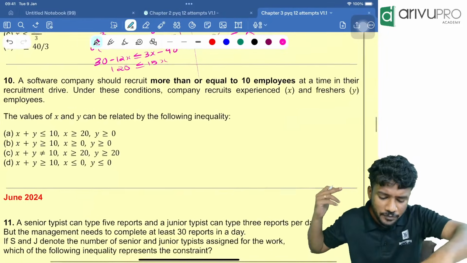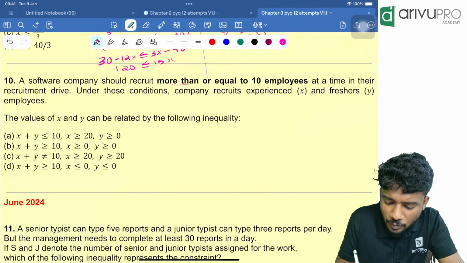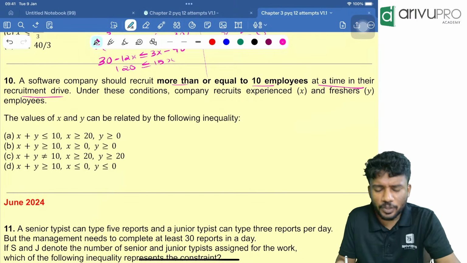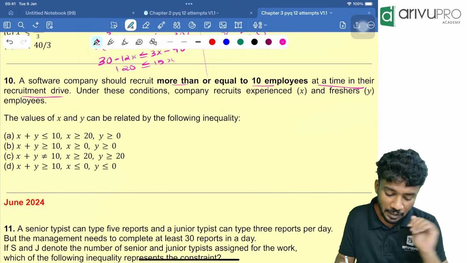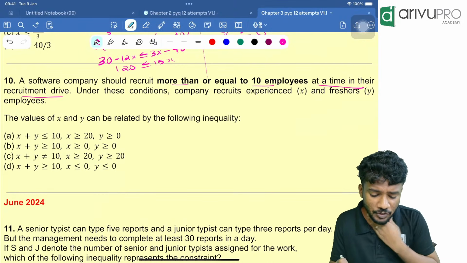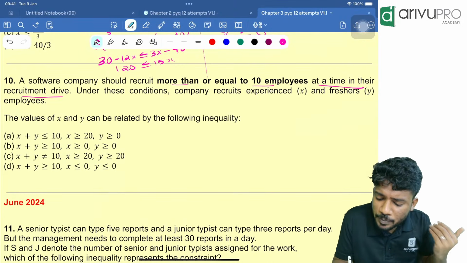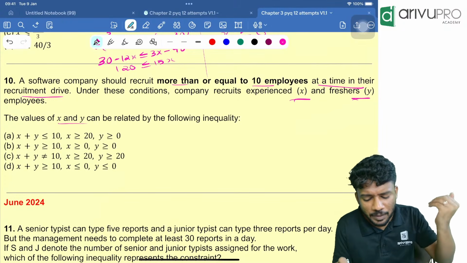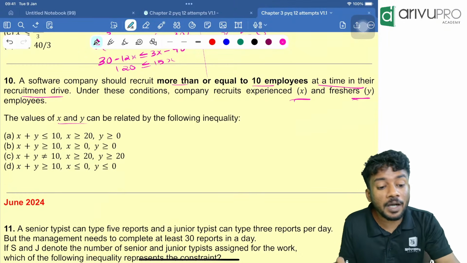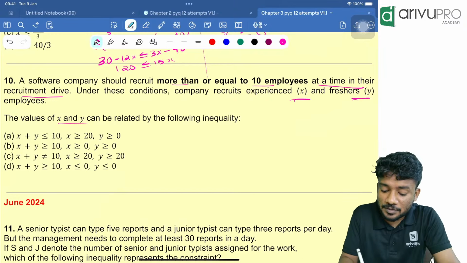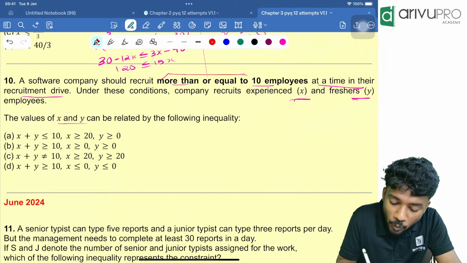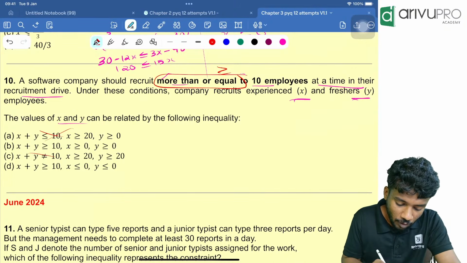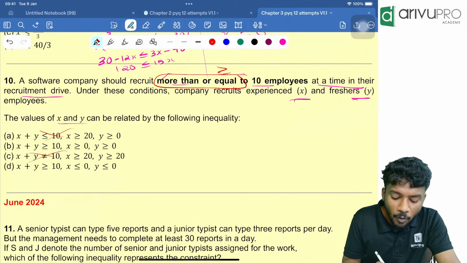Next one. A software company should recruit more than or equal to 10 employees at a time in their recruitment drive. That is the condition. More than or equal to 10 employees is the condition. Okay. Then what else is given down? Under this condition, company recruits experienced X and freshers Y employees. The value of X and Y can be related by the following inequality is the question. People, X plus Y should be more than or equal to, that means greater than or equal to sign should be there, right? Option A is wrong. Then option C is wrong. Looking at that, option B